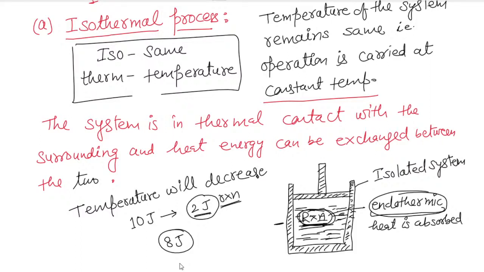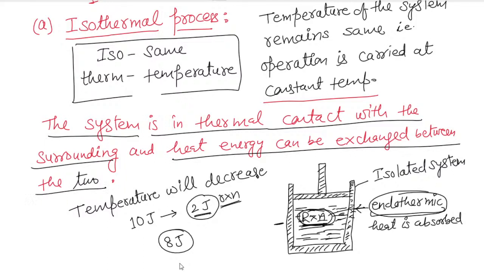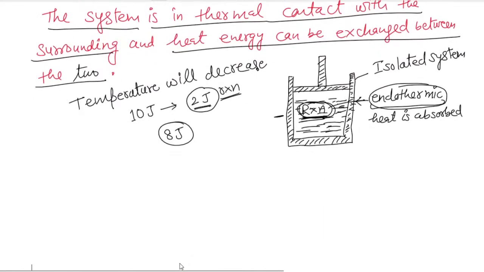It should be in thermal contact with the surrounding, so that if it needs heat, it can be absorbed from the surrounding, so that temperature remains the same. That's why I write here that the system is in thermal contact with the surrounding and heat energy can be exchanged between the two. Only then temperature remains the same. And heat can flow from system to surrounding or surrounding to system. So tell me, to make it isothermal